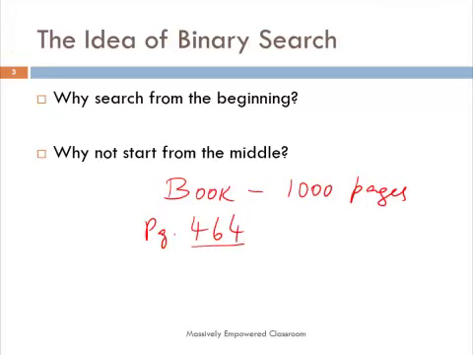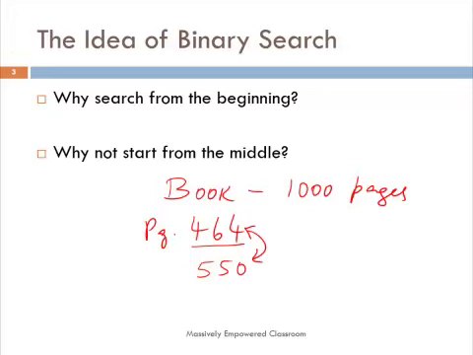What do we do naturally, right? We look at this number and we approximately open some page in the middle of the book. That is, we partition the book into approximately 2 equal halves, right? Let's say in doing that, I got to page 550. Now I know the page numbers in the book are sorted. A book is like a sorted array of page numbers in ascending order. So I compare these two values. Have I gone too far ahead, or do I still need to go further ahead? 550 happens to be greater than 464. That means I have gone beyond page 464.